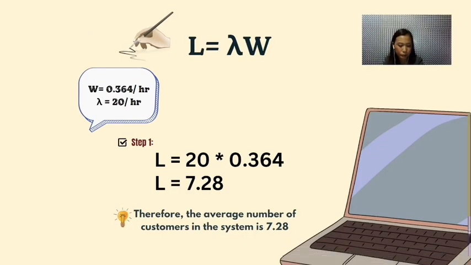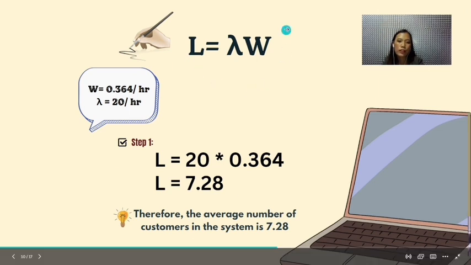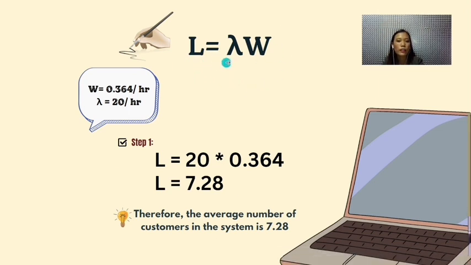Lastly, the last computation is the average number of customers in the system. To calculate that, we can use this formula: L is equal to lambda times the average time spent in the system. First things first, we need to identify the important variables. So W is equal to